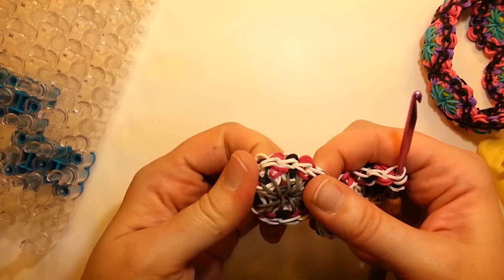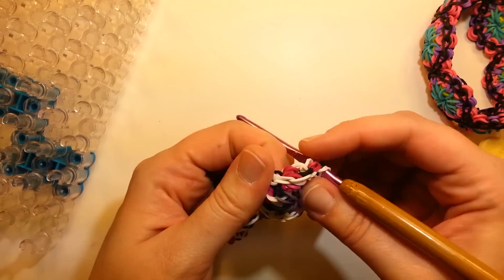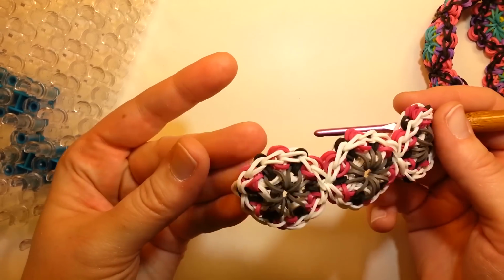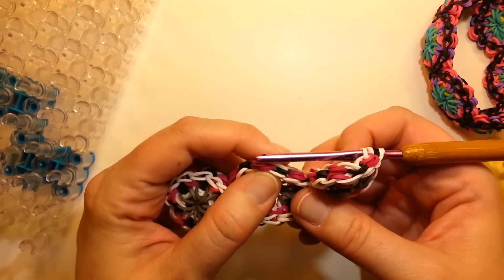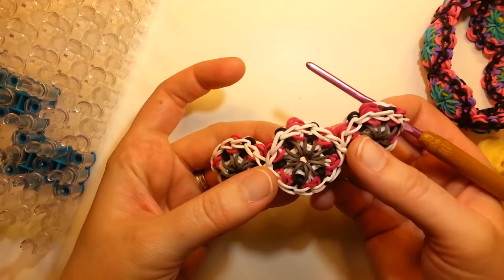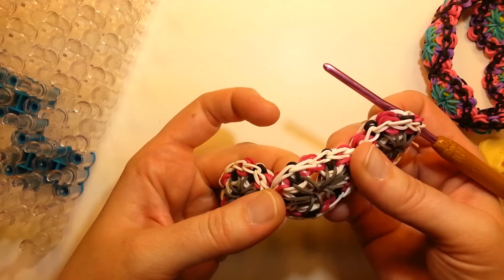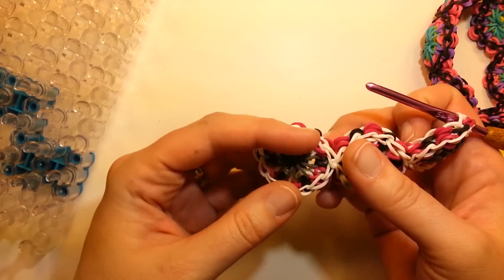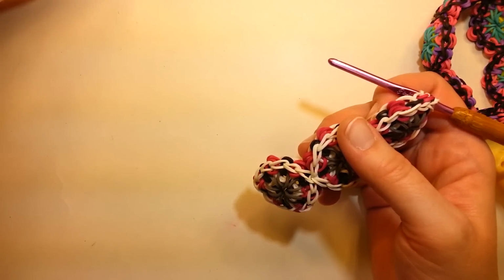So here's what it looks like. Looks very pretty, I think. You can see the end caps in there. Gives a little kind of pop of white underneath in the center. Looks good. Now, for extending it,